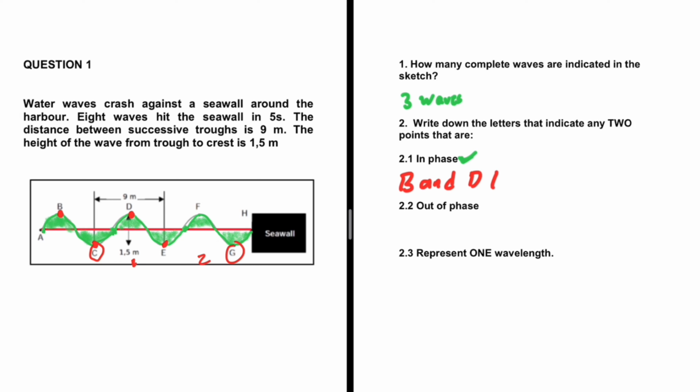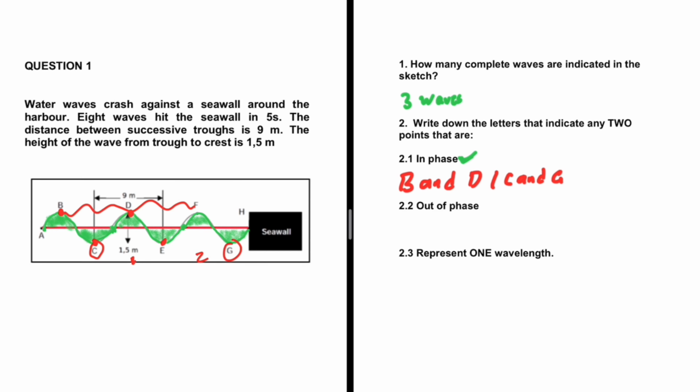So B and D is an answer, C and G is an answer, D and F is an answer, also B and F, because from B to F we have 2 complete waves. So that's a whole number of wavelengths. So there we go. Those are points that are in phase. And then there's no in between. If 2 points are not in phase, they are out of phase. So points C and F are not in phase. They're out of phase. Point A and B, they're also out of phase because there is no whole number of